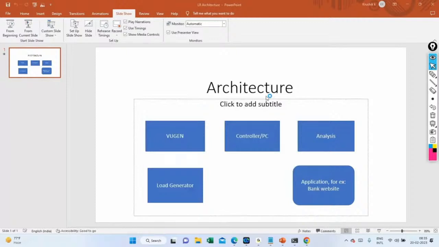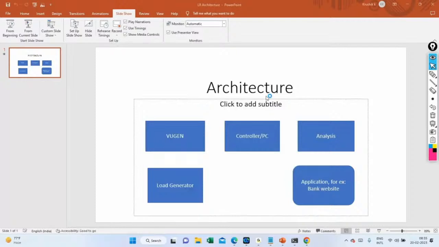So observe carefully. I'm clicking on this insert start transaction now. Now I have to give a name here. Which name I have to give? What is the name that I have to provide here? The action that I'm going to perform on the UI, that action name I have to give here. What is the action that I'm going to perform now? Login. Application is already launched. Now the next action that I'm going to perform is login. So that action name I have to give here, login,